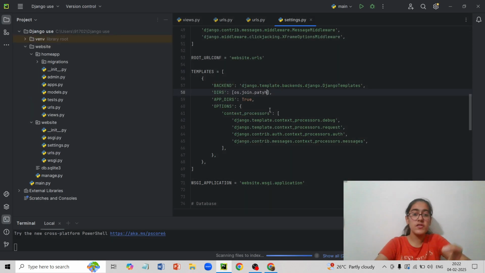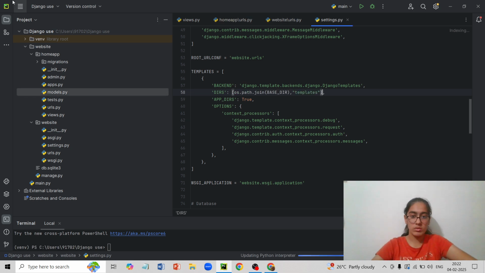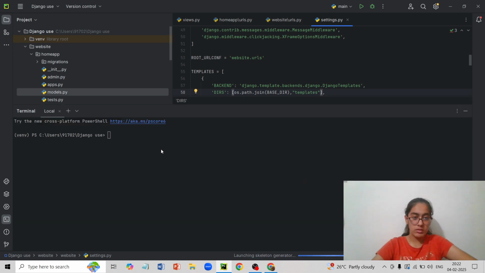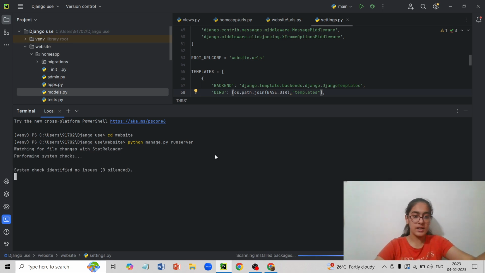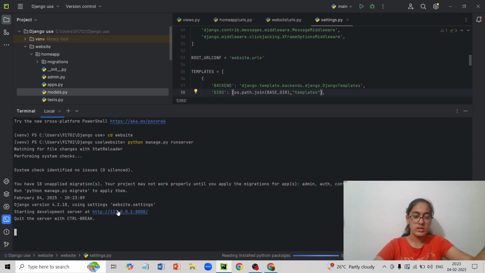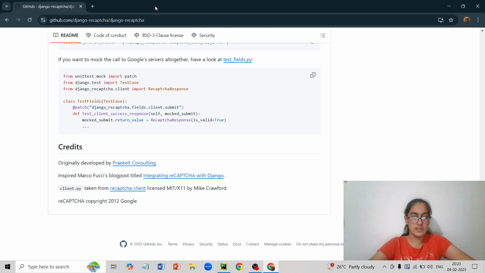Now since we have changed the project once, we'll have to cd it again. So when we are cding it, we'll go down, cd website, and then we'll have to run python manage.py runserver once more to check if the program has actually run or not, if it has any error or not. Here this is already a debugged program, so we'll just run it and the install has worked successfully.